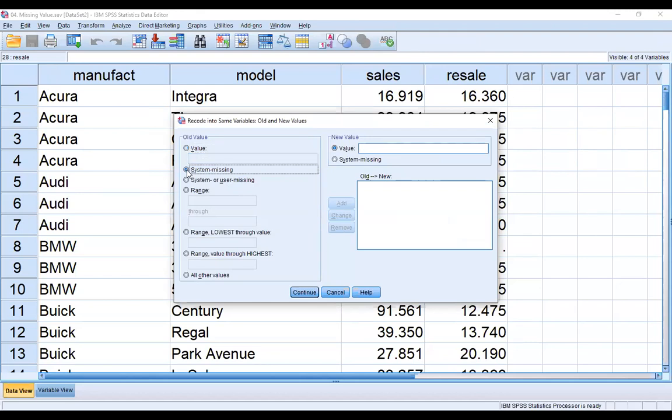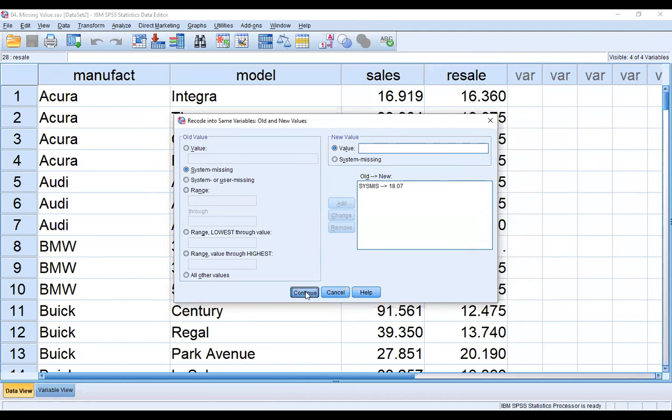System missing means whenever SPSS finds a missing value, it will impute 18.07 everywhere. Okay, system missing, and then add.